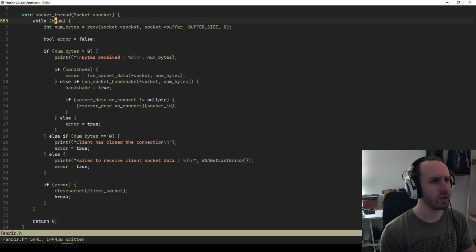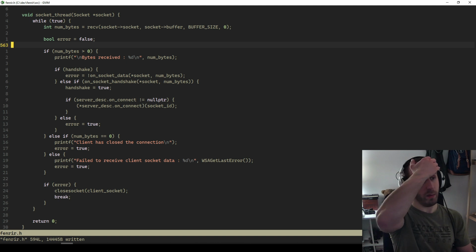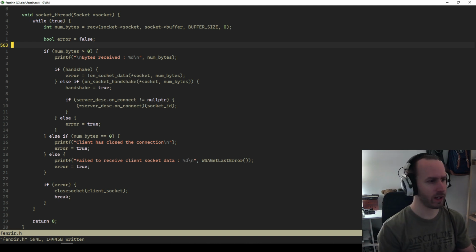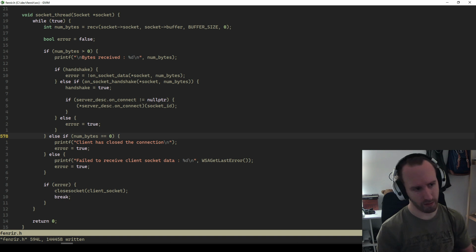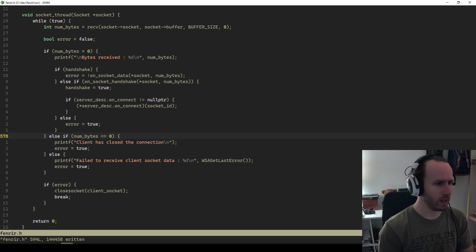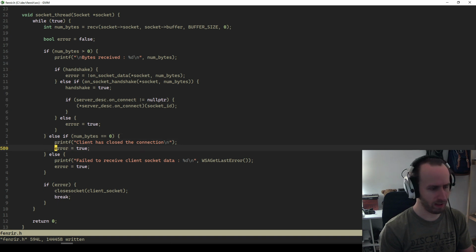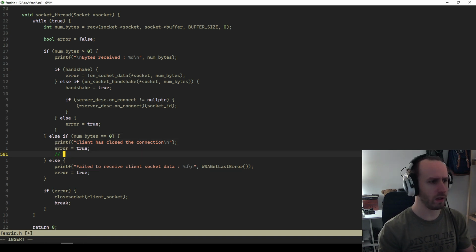Okay, so what do we do? We receive data. If the number of bytes is 0, then the connection has been closed, so we need to handle that. This isn't an error, it's just that the connection has been closed, so we'll handle that. To do: change that color. Yeah, I need to change that. To do: